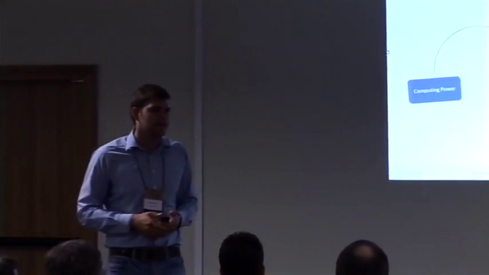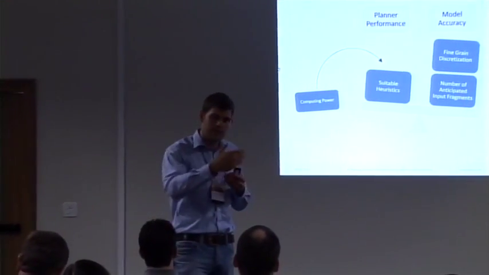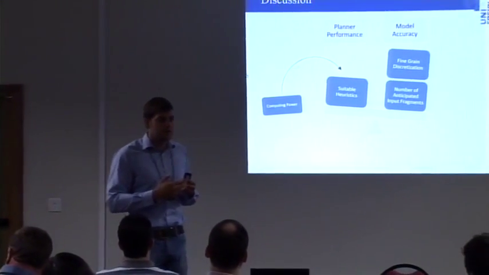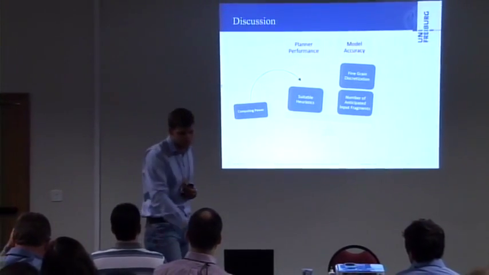So the only thing we can do on the planning side here is to improve the heuristics, so that we don't have to explore so many nodes before leading the hybrid system in a correct direction. And if there's still an imbalance here and we don't find the solution in a reasonable time, we have to increase the computing power to increase the prediction horizon or to increase the number of explored nodes.